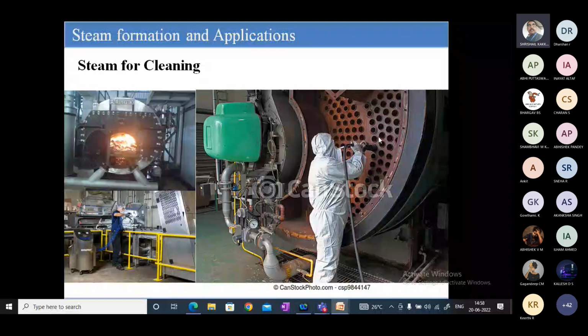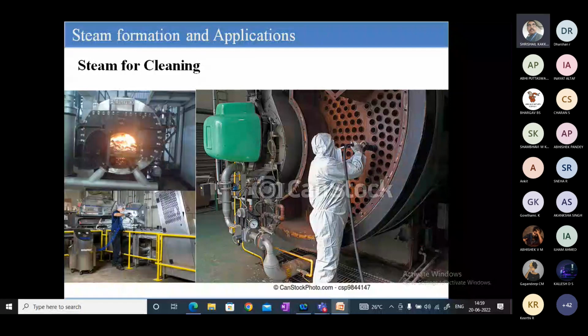You can see the boiler, and here the small cleaning equipment they will be using. You can see, and here also. This is a 5-tube boiler. This is steam for cleaning purposes, especially for industrial applications. Please do not write other cleaning applications. If you want, you can write the dairy machinery cleaning applications, some other industrial cleaning applications, and the dairy instrument cleaning applications,